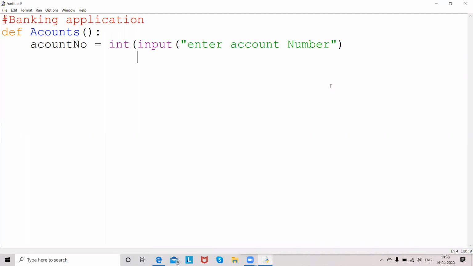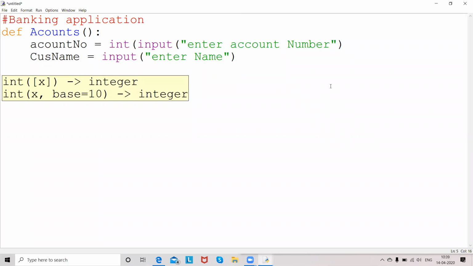So in this line, I'm asking the user to enter his account number, or maybe the bank person will assign an account number, followed by the customer name. This customer name must be a string, so I should be using a simple input function. So enter name. So this is the creation of a customer at the bank. Followed by, which branch has the account? I'm maybe writing branch code. So branch code must be a string itself. So I'm taking integer or maybe input.